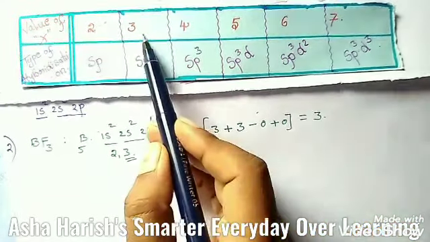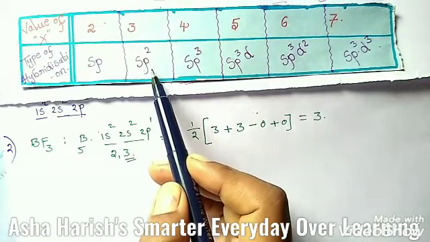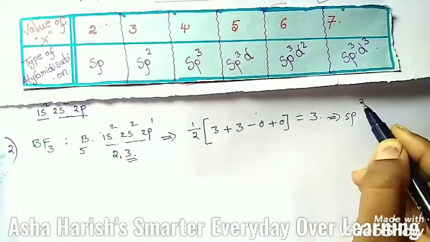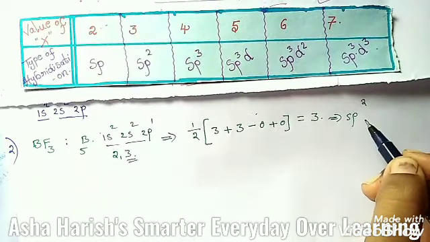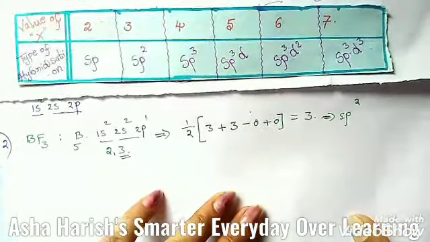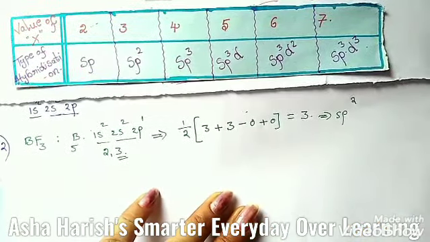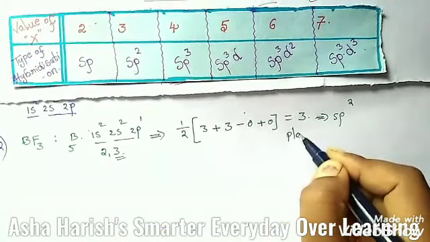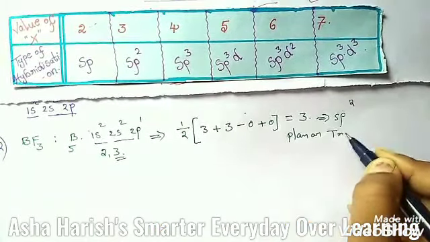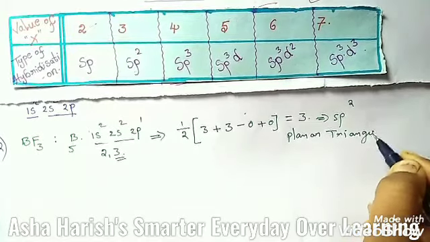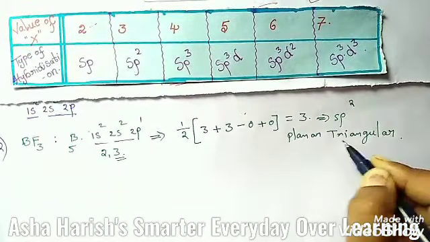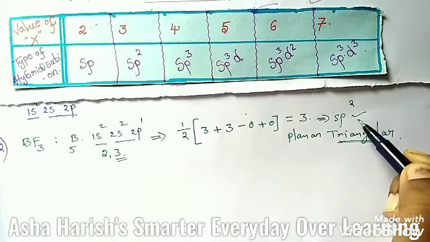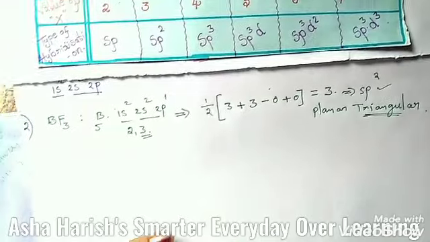If the X value is 3, the type of hybridization should be sp2. Okay students, sp2, then the formed hybrid orbitals are 3. And for this, for BF3 with sp2 hybridization, the shape is planar triangular. Planar triangular, based upon its hybridization and formed hybrid orbitals. Okay, let's start with the next one.